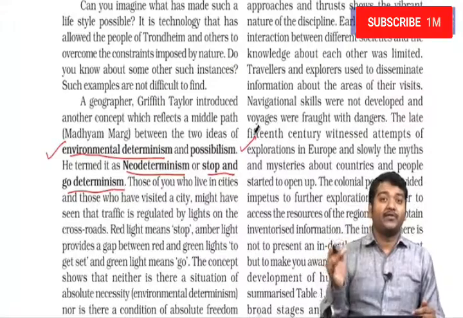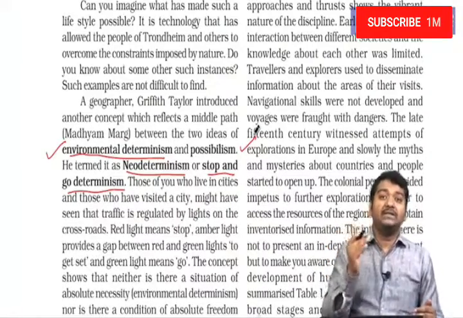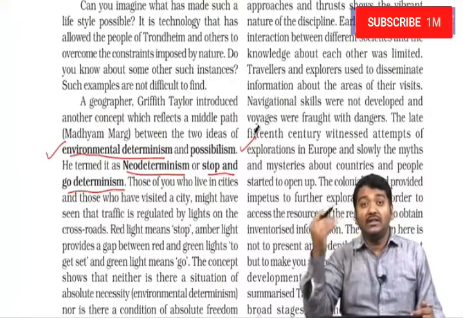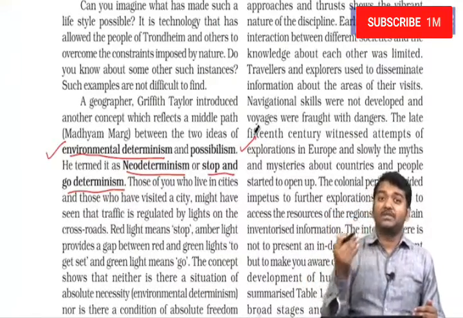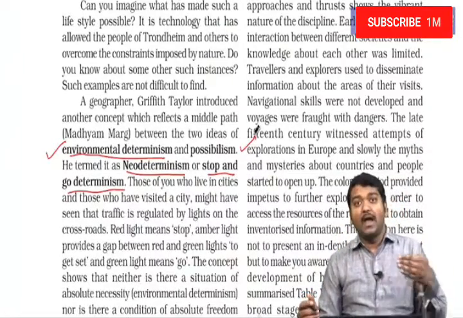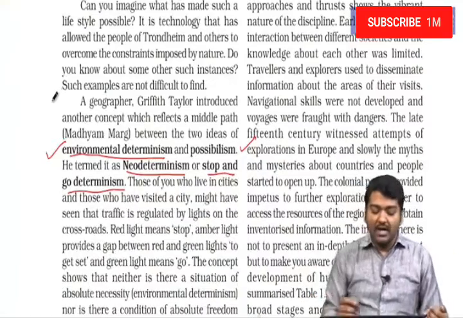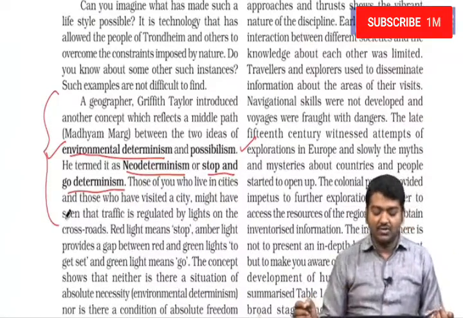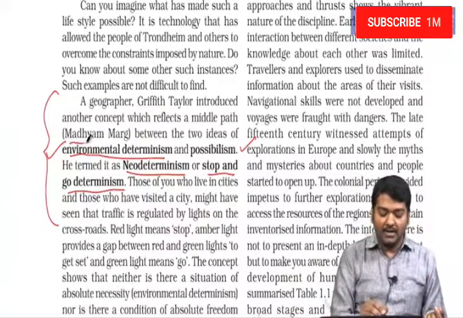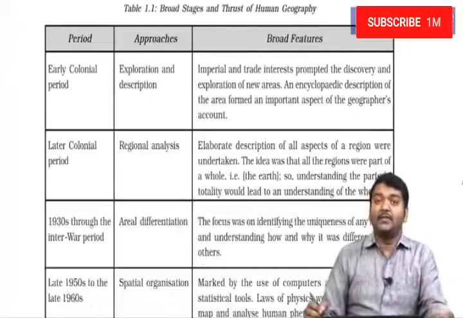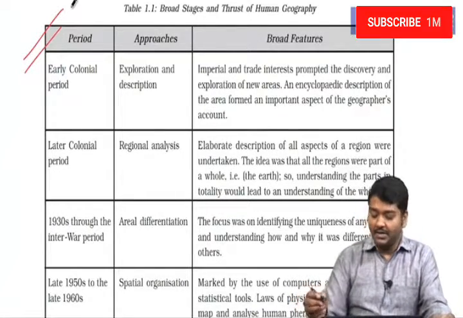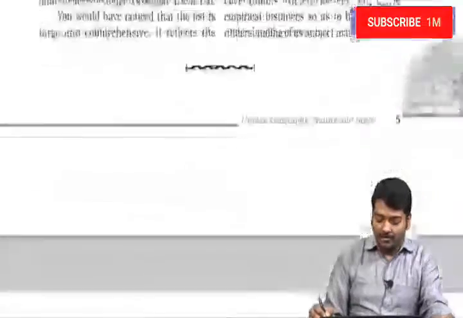But at some point of time he has to analyze what impact he is creating on human beings or on nature as well, and on the basis of that he has to take further actions. This is what we call stop and go determinism, right. So this is what we see with respect to Griffith Taylor and others, who talk about the middle path or Madhyam Marg. And then the book talks about how in different phases geography was studied,